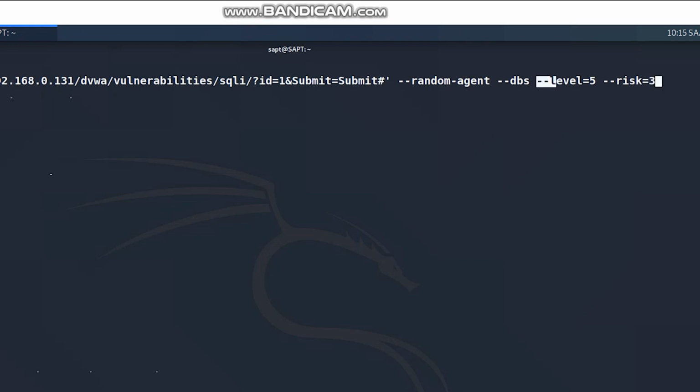I will not be using level 5 and risk 3 currently, because I already know that it is vulnerable. You will be using this whenever you don't know 100% if a certain parameter is vulnerable or not, so you don't want to leave any payload or any chance to find it. Okay, so I will just remove this for now.